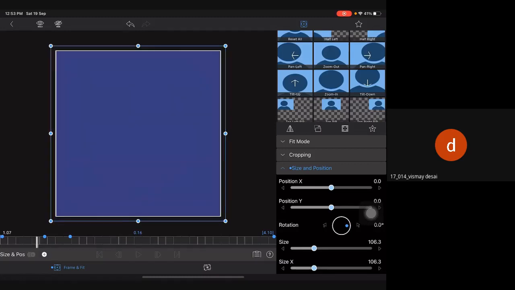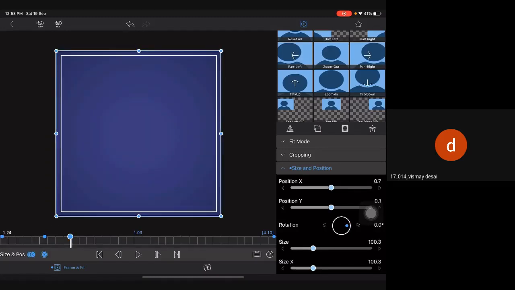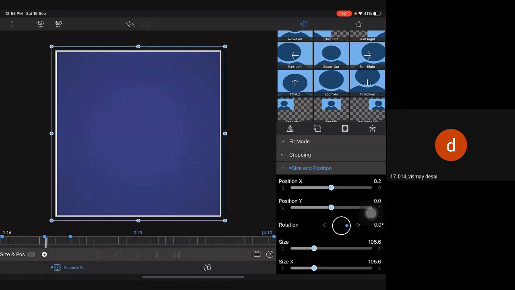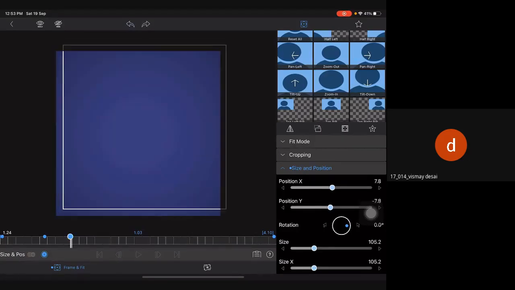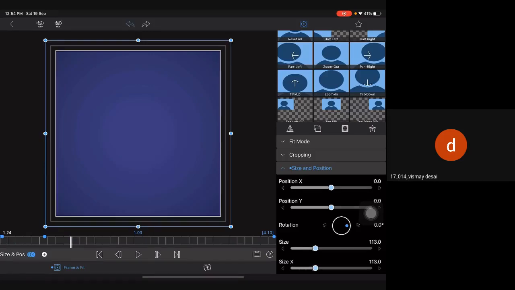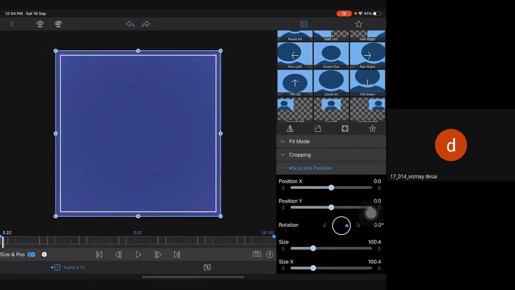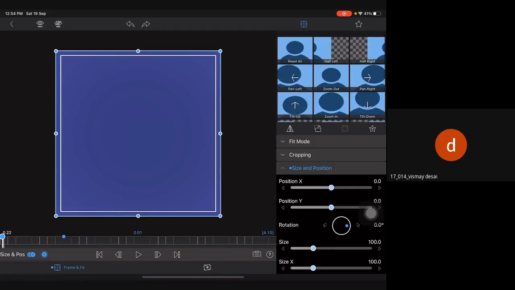because after this point, okay, so what we'll do, control Z, control Z, control Z, control Z, control Z. Okay, so better to go with size frame, right? Instead of giving any effect, reset all.